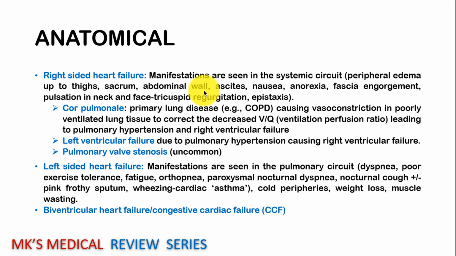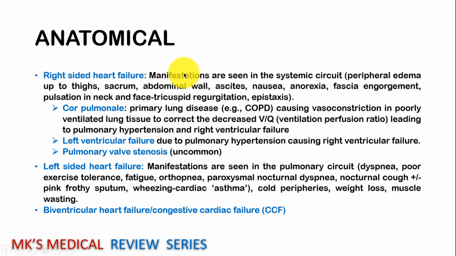So there's going to be a lot of peripheral edema. Now, on the other hand, the left side of the heart is going to be pumping to the head and the body, and it's receiving blood from the lungs. So if the forward pathway is blocked, it means that blood is going to backflow into the lungs, increase the congestion in the lungs, increase the transudation, and this is going to lead to manifestations in the pulmonary circuit,